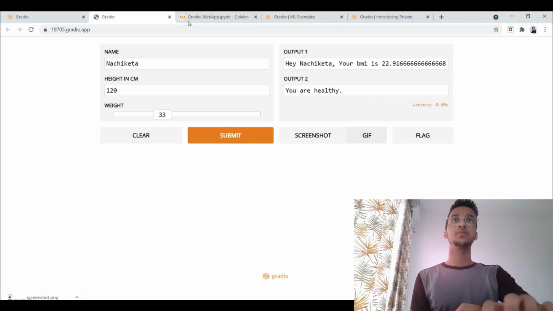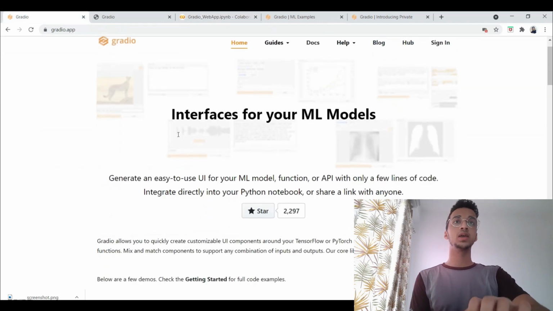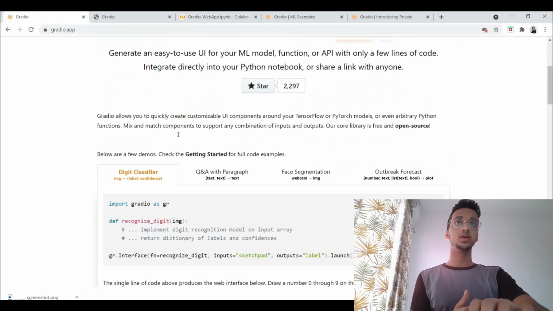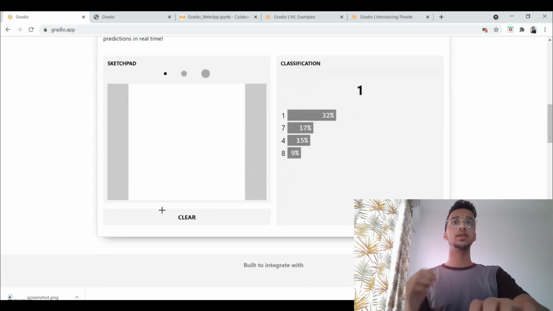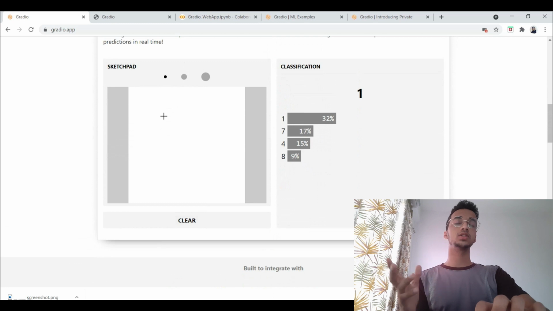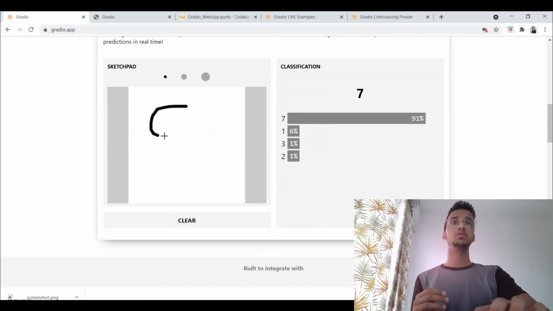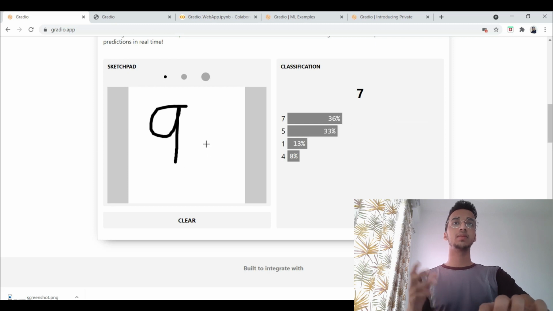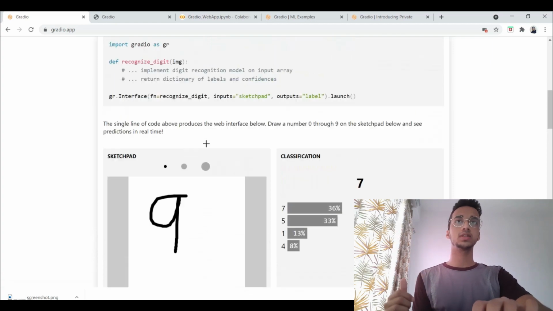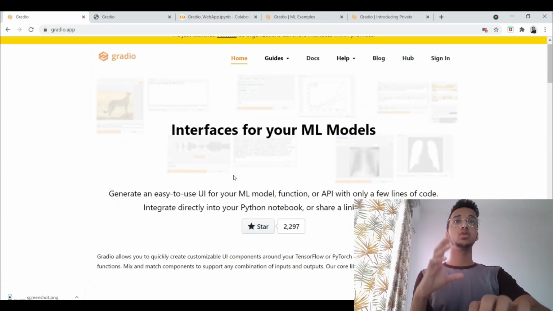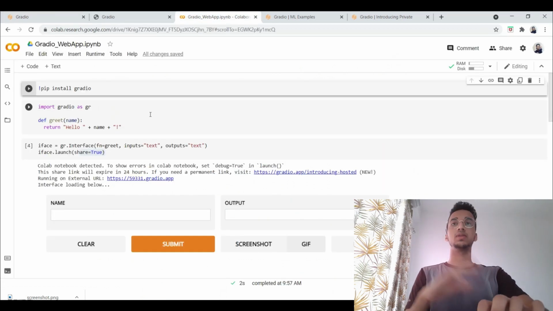So let's get started, and I'm just going to start straight away with the code, but this is the Gradio library. You will find the documentation over here, and it will allow you to integrate any function, any machine learning model. This over here is a digit recognizer model, and basically you can enter any digit and it will tell you the corresponding prediction. It sometimes doesn't really work well, so there is some fine tuning to the neural network that these guys have to do, but you can do anything, right? So you can see the original documentation, but I'll show you how to simply get started.